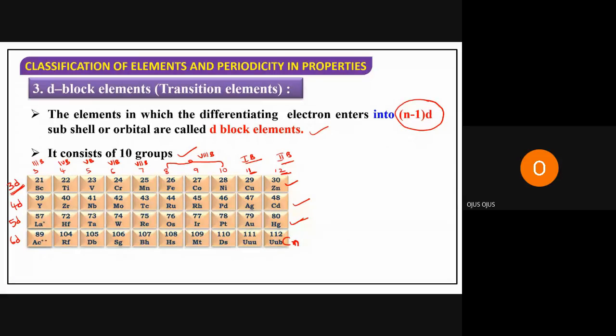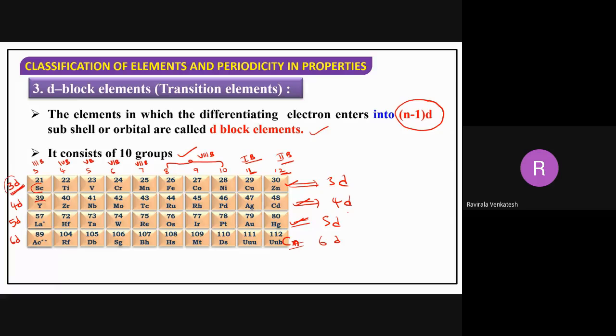Tell me why we call it the 3d series. What do 3d series elements mean? Scandium to zinc is called the 3d series. 4d series means yttrium to cadmium. So why am I calling it the 3d series here? What is the reason? Why are you calling this the 4d series? Because the valence